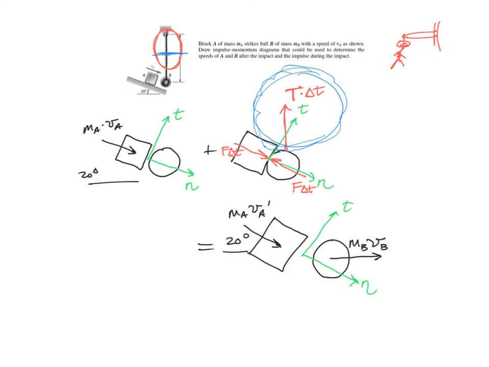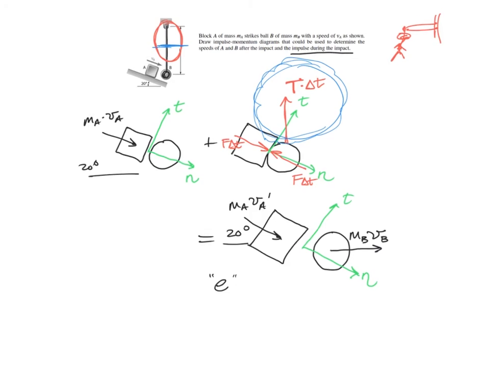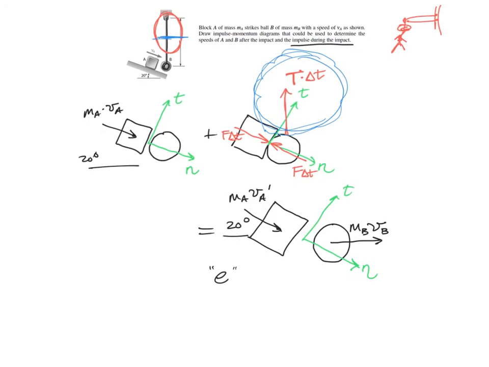There are a couple of things we would need here. We're going to need an e value because we've got two objects that are hitting and bouncing off each other. And then the other thing it asks for is an impulse during the impact. So how do we get to this force in here? Either one of those forces will work. And so the cleanest way to do it, to again avoid that external force,